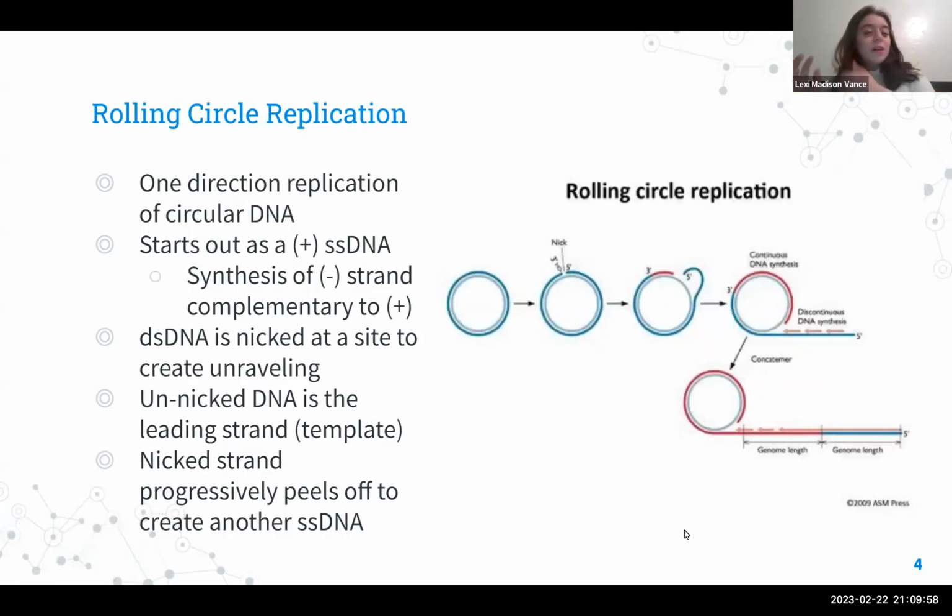So we discussed that it goes through rolling circle replication, but what is that? Rolling circle replication is a one direction replication of circular DNA. Phi-X specifically starts out as a positive sense single-stranded DNA, so it needs to do synthesis of a negative strand complementary to the positive strand. So after doing that,